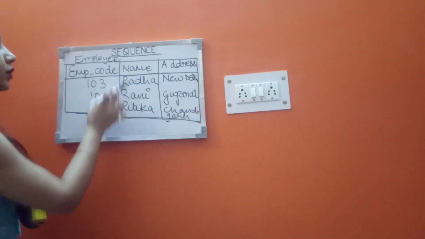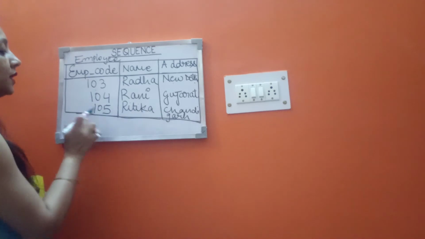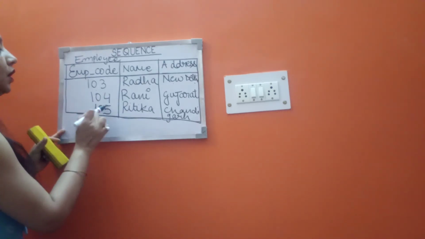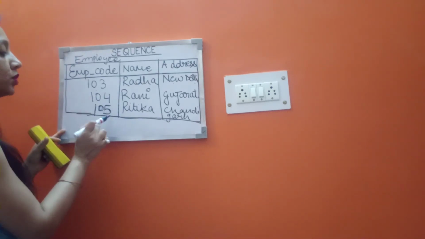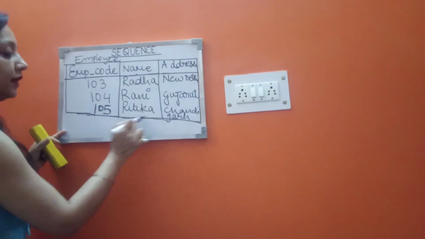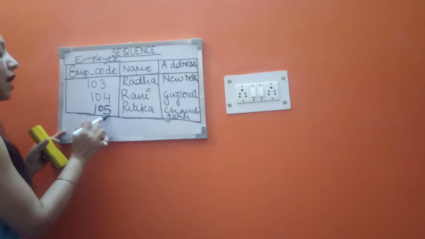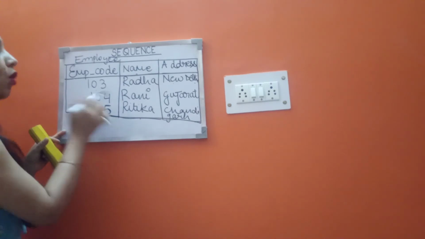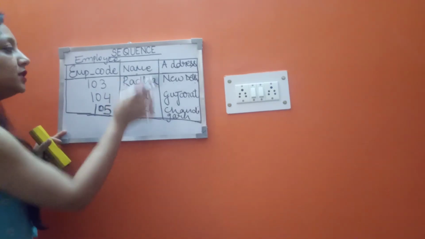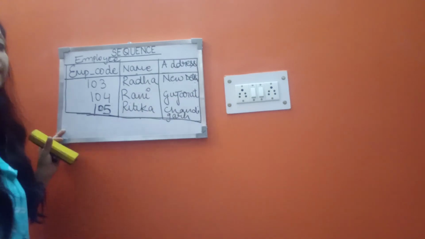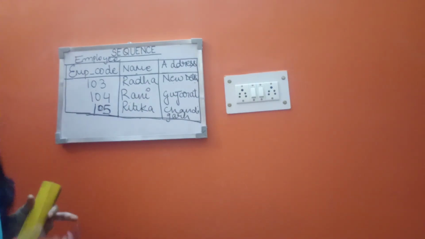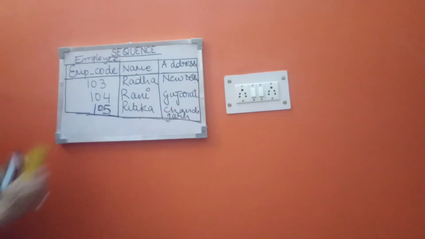The sequence or the order in which the employees are joining the organization, accordingly I assign the employee codes to those employees. The name and address I will take from the employees themselves, and the employee code I want to be generated automatically when I enter the employee's details, that is the employee name and the employee address. So this is where a sequence comes into place.